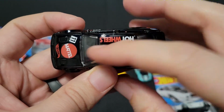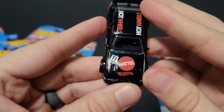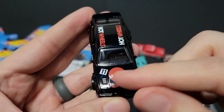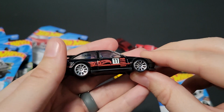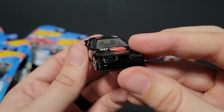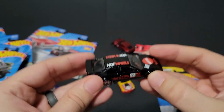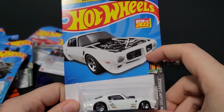I like the Hot Wheels livery, the Mattel. That is really, really cool. The Hot Wheels on top, the tampos for the Mattel and everything. The side is a little busy. I don't know, but it's a really cool casting. Maybe this color doesn't do it justice. What do you guys think? It's really cool. That's probably the highlight, and I apologize I opened that up first, but we'll go ahead and